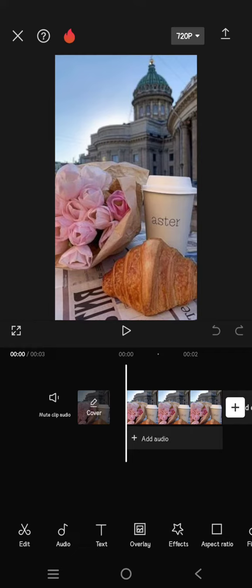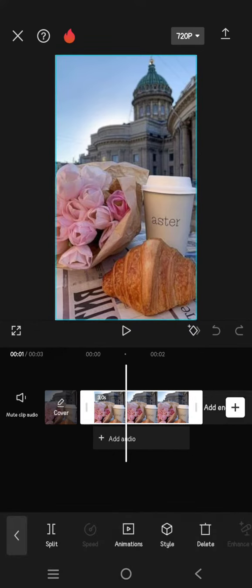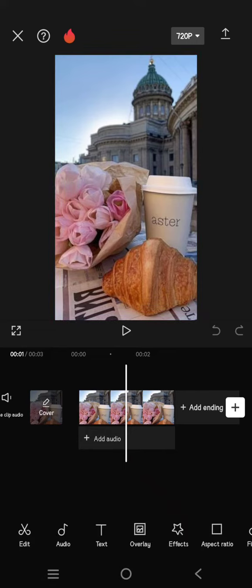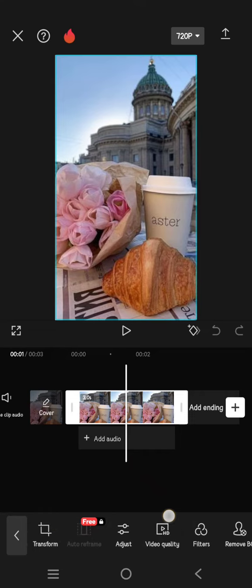On today's tutorial, I'm going to show you how you can convert low resolution images into high quality in the CapCut mobile. So in here, you just need to add your photos, your low resolution photos into CapCut like this. And after that, click on the photo, swipe until you find